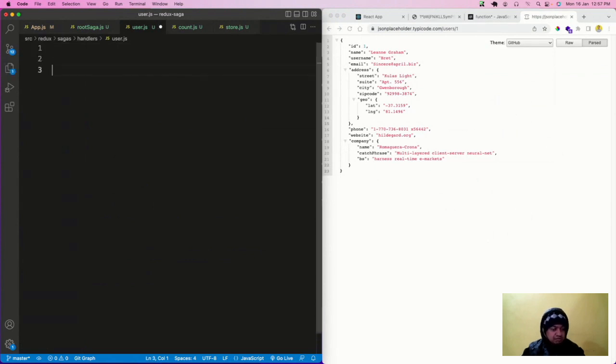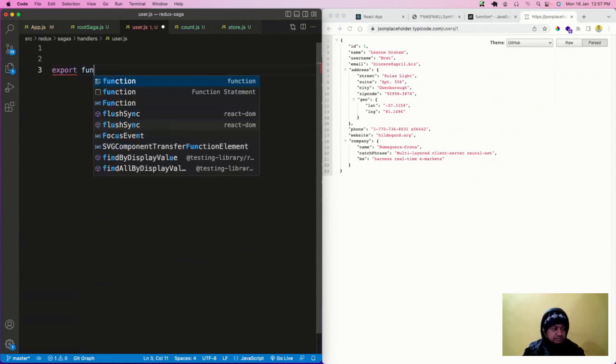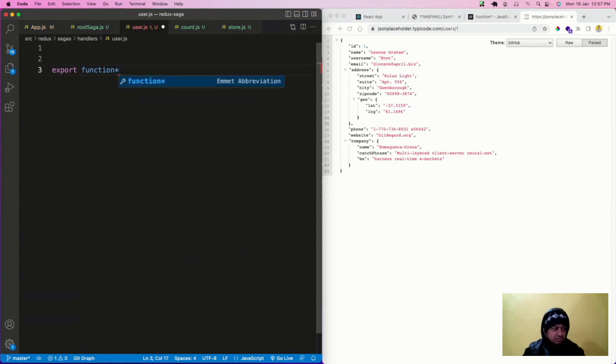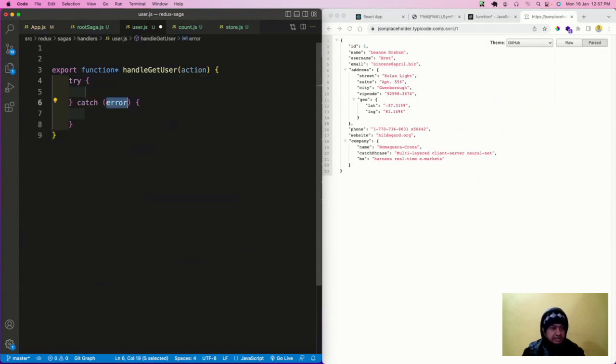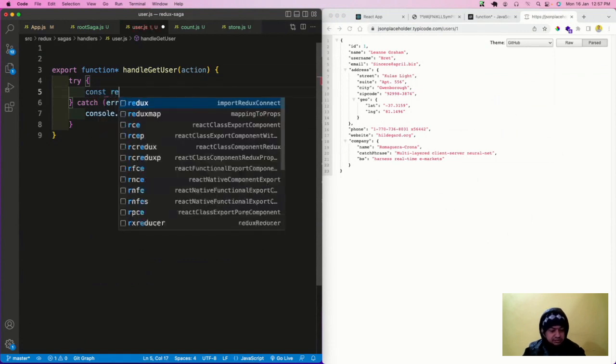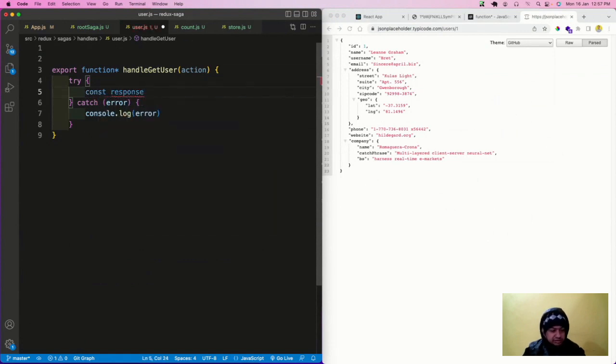Okay, so here we'll write the code. A function, again a generator function, handle get user action like this, and then a try catch like this. Then in the try I'll have const response equal to